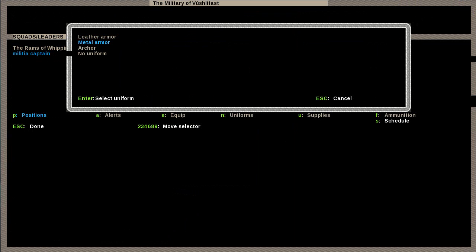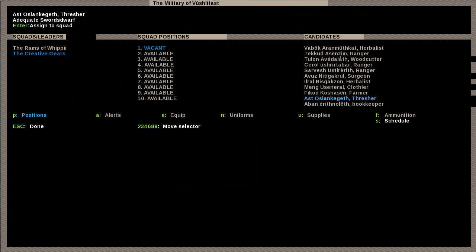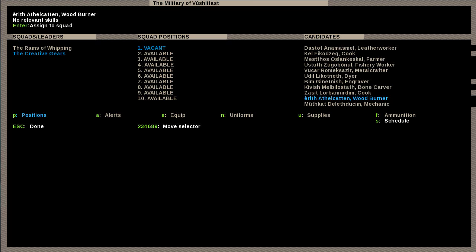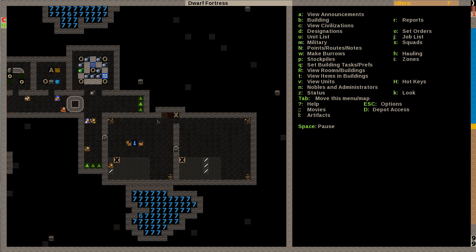Create squad. Metal armor. Let's try this again. You know, when you order a squad of one person to stand somewhere, you expect them to stand there, like exactly there. But they don't. They're just...